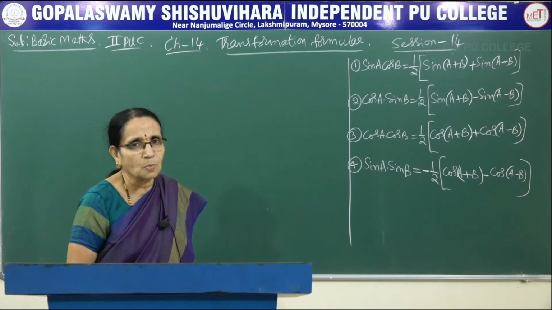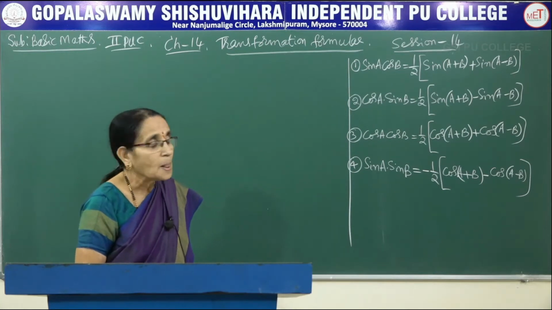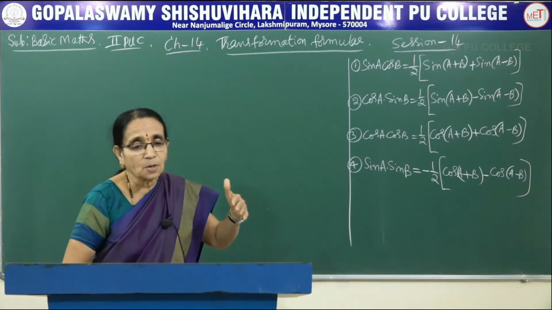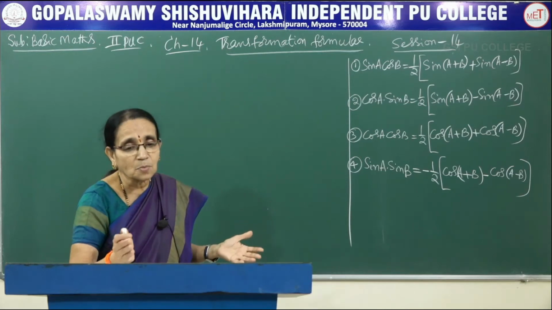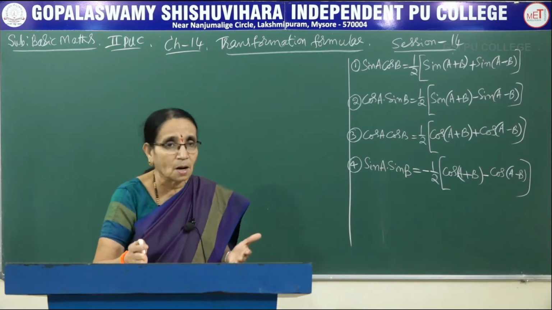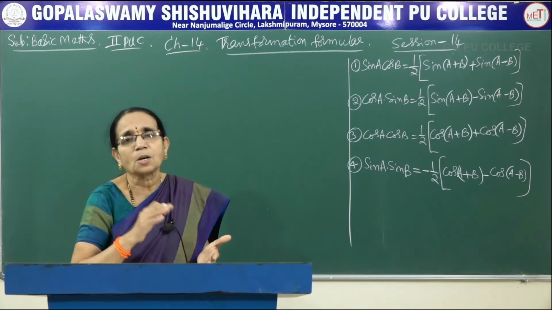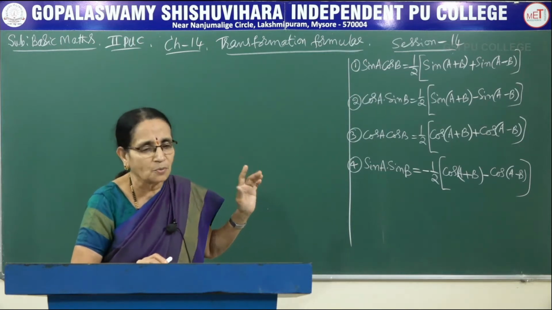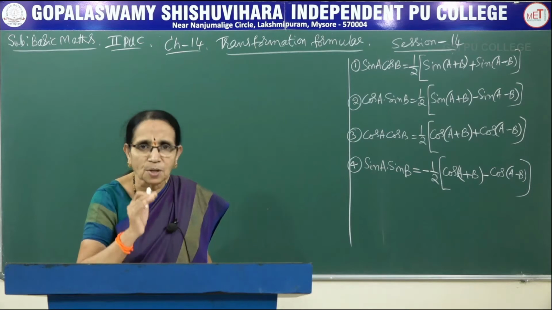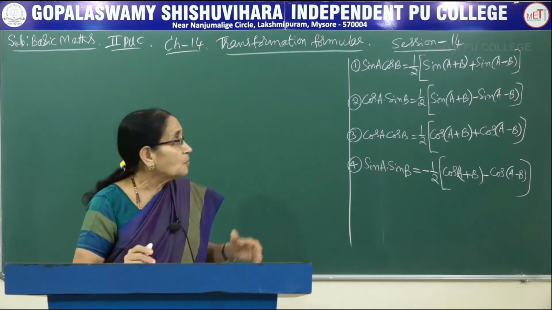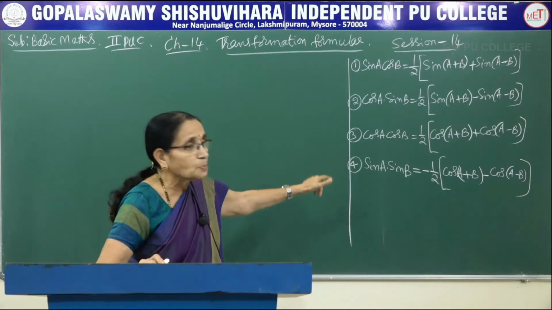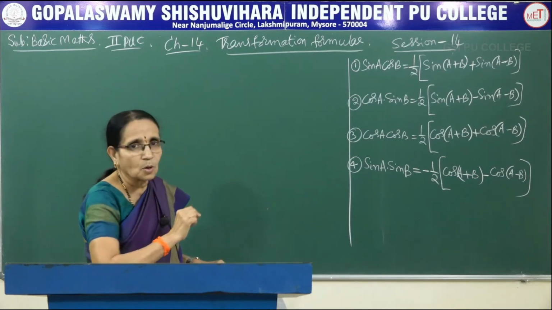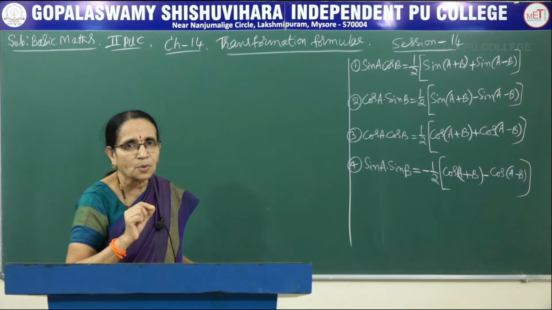So, the first set of problems which I am going to work out today is where we have to express the sum or difference in terms of the product of the two trigonometric functions, or when the sum and difference are given you can express in the form of a product, or when a product is given you have to express in the form of sum or difference. At present I am giving you first the product of some functions. When the product is given, depending upon how the product is, you have to use the formulae one by one. So, the first instruction is: express the following product as the sum or the difference of the two functions.